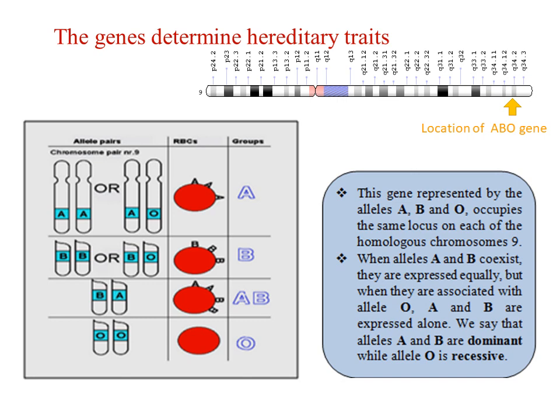When alleles A and B coexist, they are expressed equally, but when they are associated with allele O, A and B are expressed alone. We say that alleles A and B are dominant while allele O is recessive. For example, in this picture, if the individual